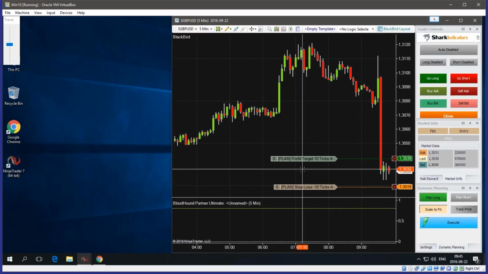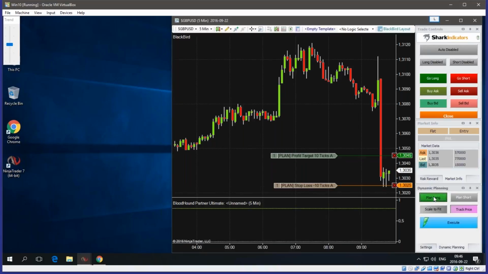And let's see. We've got fit to scale turned on, and if you notice, the number of contracts got set to 0. So we'll turn the fit to scale off, because we're not actually using money management rules here. Let's reset it. Yep. So clicking the plan long button basically reset our number of contracts there. All right. And so now if we just click execute